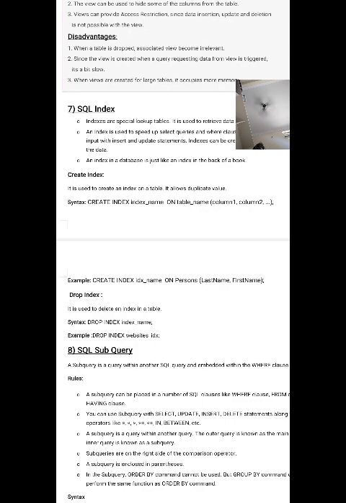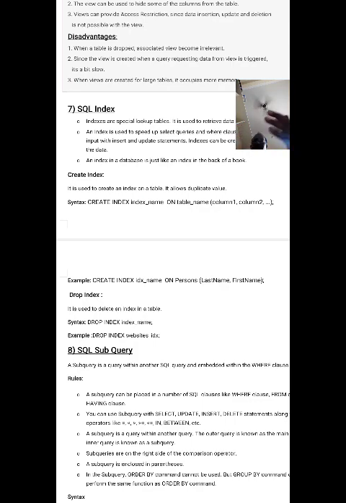To delete, we use the same DROP command as for tables and views. The creation is a little bit difficult, but deleting is very simple. Just DROP INDEX and write the index name.